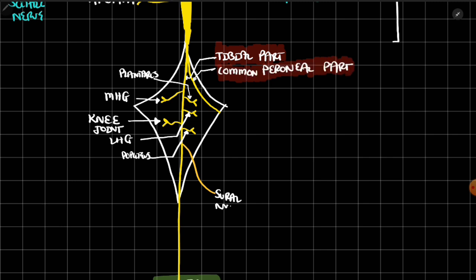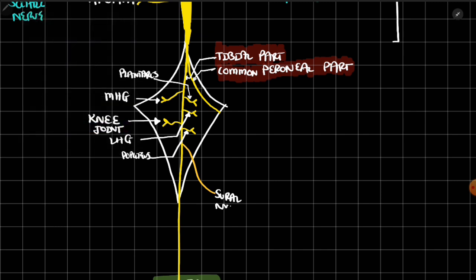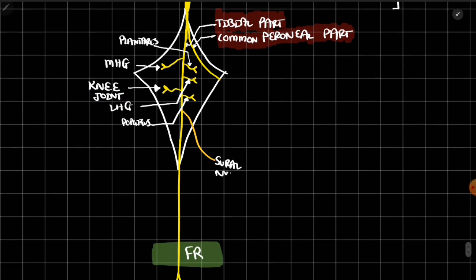Now in the leg region, the back of leg, as I have told right now, the nerve will divide in the back of leg itself and the deeper muscles will get the supply. So what are the deeper muscles? The soleus, the flexor digitorum longus, the tibialis posterior and the flexor hallucis longus. So basically the soleus,